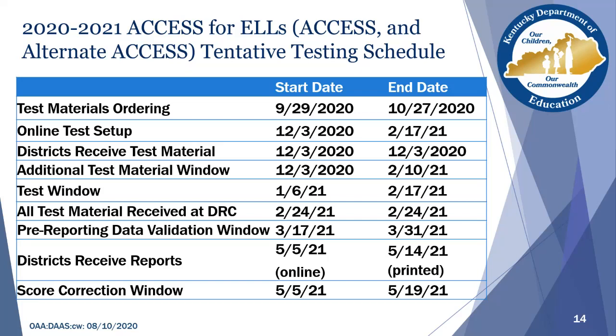And so then you would pack up all those materials, and it should be a limited amount, and ship those back by February 24th to DRC. Then once that happens, DRC closes that window, and once they receive all the materials on the 24th, they'll start scanning all of that demographic information from the test booklets that were submitted, and also what is entered online, and get ready for what we call the pre-reporting data validation window in WIDA